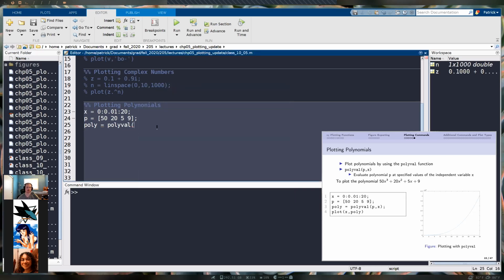Okay, so I'm going to use polyval again to evaluate our polynomial. Our first argument is going to be the polynomial that we're evaluating. In this case, it's p. And then the second argument is going to be the x domain, or the domain that we want to evaluate the polynomial on. So if I type that in